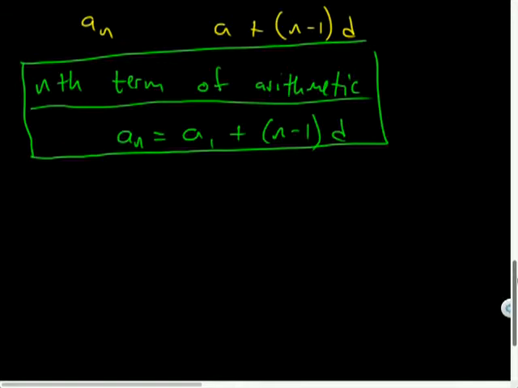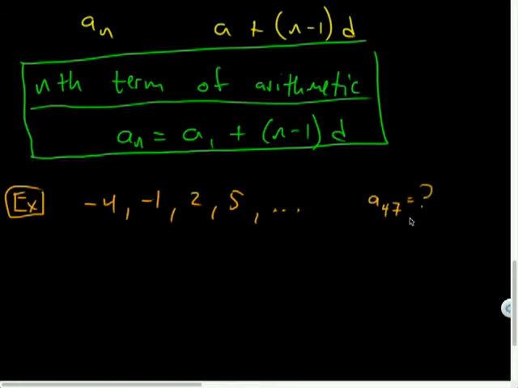All right, so that's going to be the first thing we'll be interested in, is finding a particular term in a list, right? And that's going to be helpful for us. So let's do an example. Suppose this is my sequence. If I've got -4, -1, 2, and 5, dot, dot, dot. And let's say I want to find, I don't know, what is a sub 47